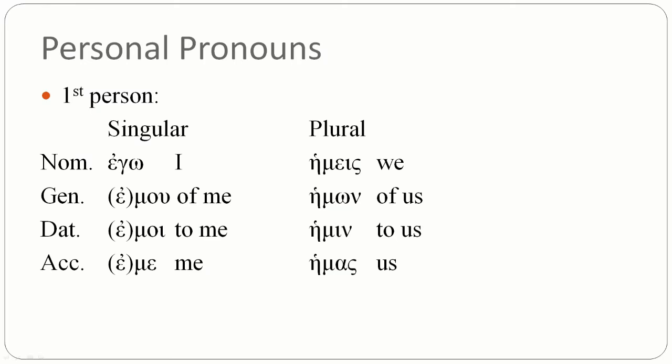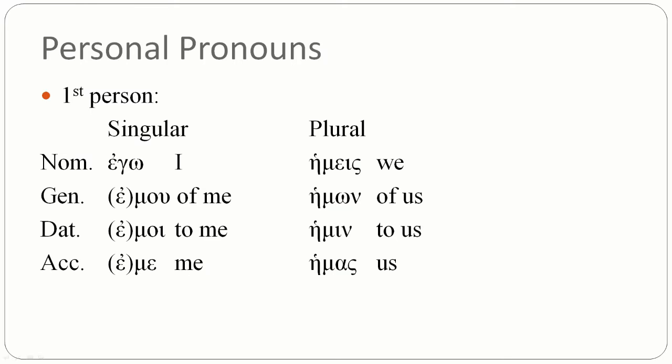Okay, your first person personal pronouns are there. Ego is I. Then the genitive form of I is of me, and that's emu. And the epsilon in parentheses means sometimes you'll see it with the epsilon and sometimes you won't. Okay, it doesn't need the epsilon on there, but a lot of times you do see that. Okay, emu or just mu, of me. Then the dative emoi, to me. Accusative emme,